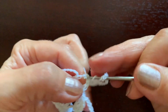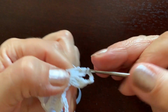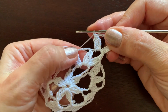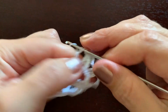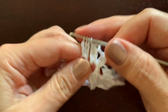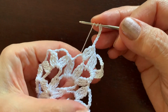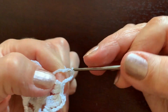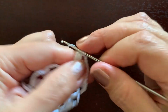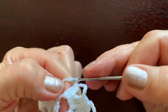Now in the same chain 6 we are making another puff stitch, and this time just chain 1. We are moving on to the next chain 6, first puff stitch, 1, 2, 3, 4, 5, 6, 7, and we'll need to make another puff stitch in the same chain, and this time just chain 1, and one more time in the next chain 6,